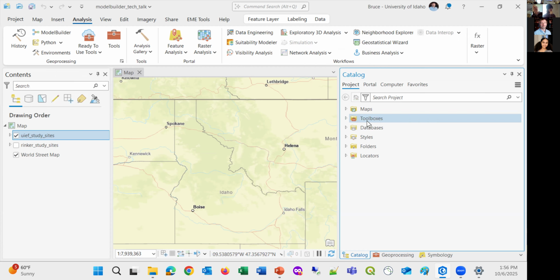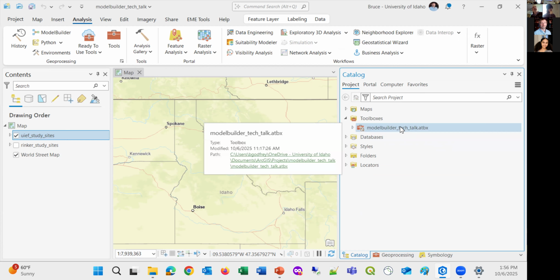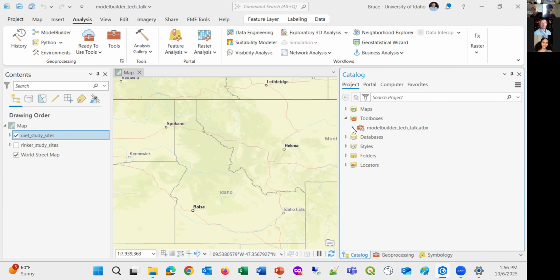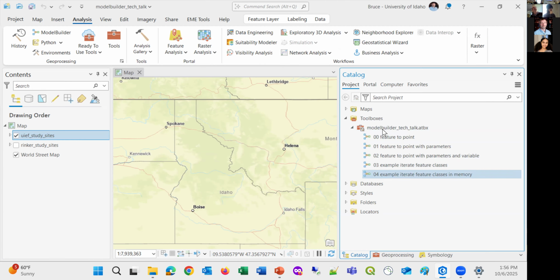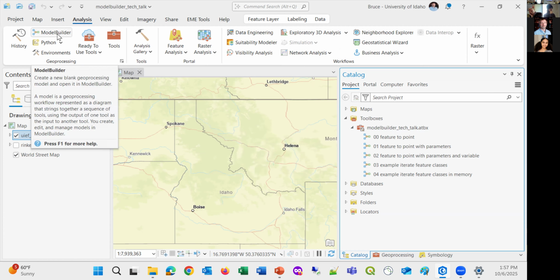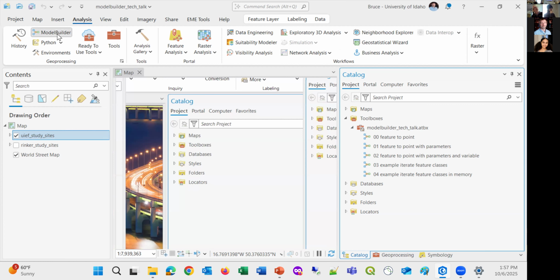And in here, I have some examples. By default, they're created in the project toolbox that's available. If you have different toolboxes, you can create different models and spread them out, but by default it'll get created here. I've got a few examples there. But if I launch this ModelBuilder tool, it will create a new geoprocessing model, I think just called Model by default in that toolbox. So if I click on this,